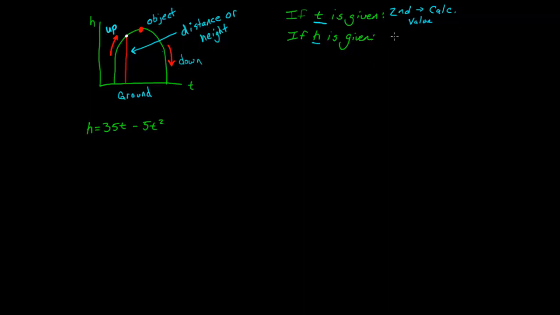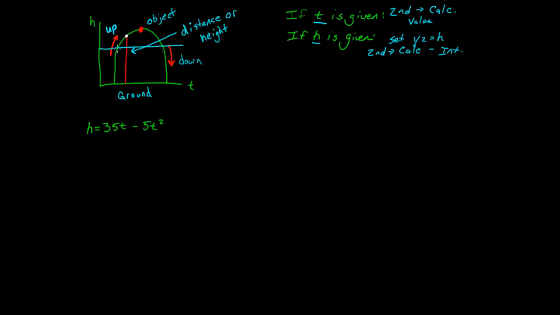We're going to set y2 equal to h. Then we will go to second, calc, and then we will find our intersections. Just like before, we'll find our intersections, but instead of setting y2 equal to 0, which will find us our roots, let's say it gives us a height